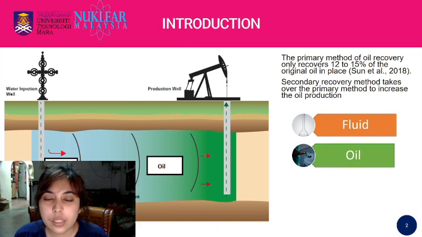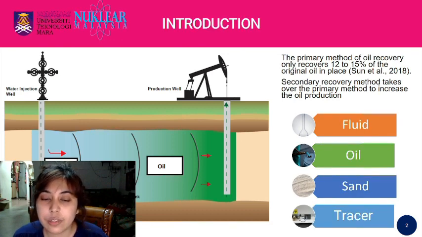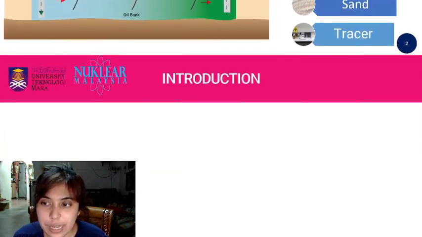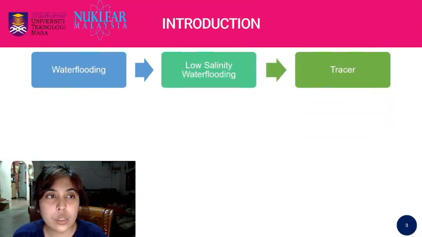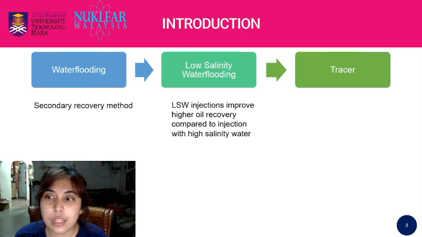For the fluids, we use formation water, and for oil we are using kerosene. The sand is from Pantai Bagalalang, and the tracers we are using are gallium 68 and technetium 99m. Water flooding is a secondary recovery method, and as I said before, the secondary recovery method is very cheap,